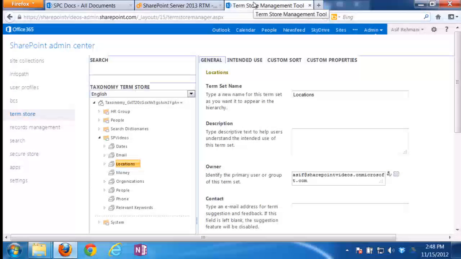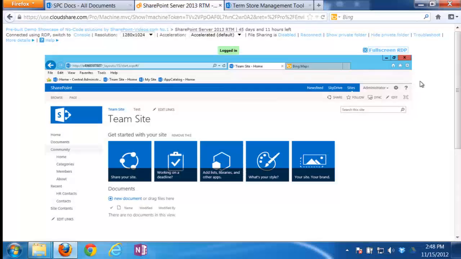So for this one, actually, I had to enable this one first. This is one thing you should know about the geolocation column. And don't ask me for the exact reasoning because I've not been able to find that yet. But it is there. It is part of the product. However, it is not available until you programmatically make it available or use a few PowerShell commands to make it